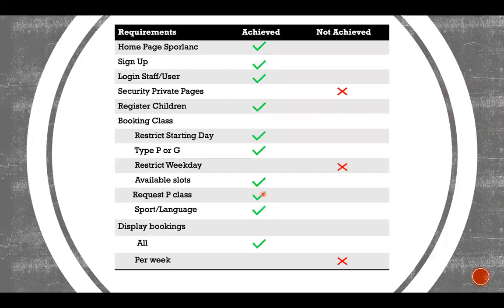So, a quick evaluation of my website. Most of the functionalities that I set in the beginning are working, and some of them are not. But I know the approach that I needed to take; I didn't have enough time.